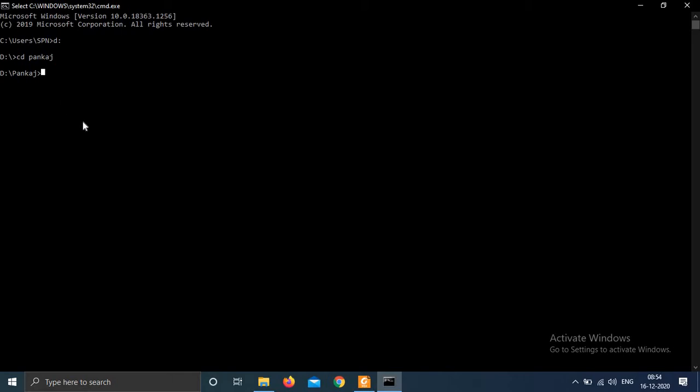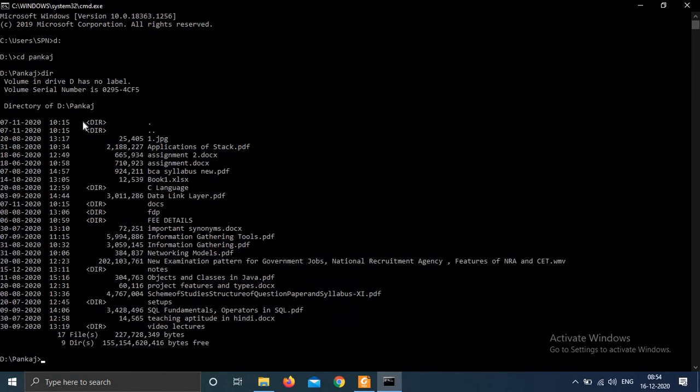Now suppose I want to see the contents of this folder. For that I have to use the dir command, directory command. It will show me all the subdirectories and all the files in this folder. So press enter. Here you can see that the entries with DIR written next to them are folders.